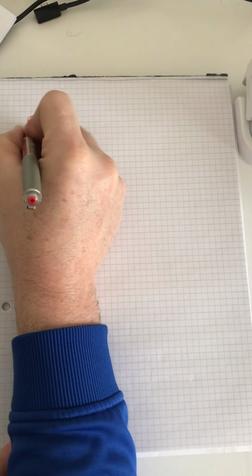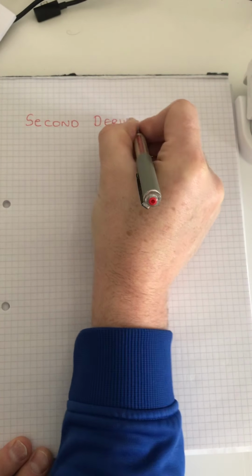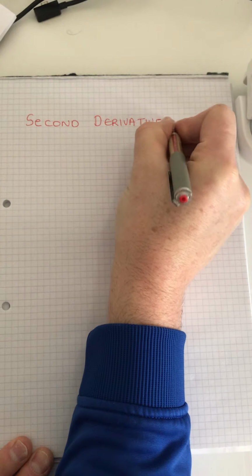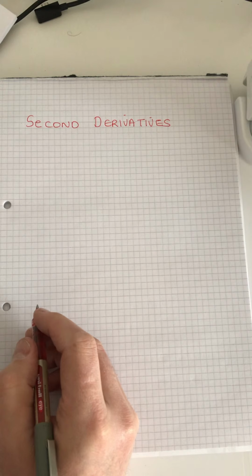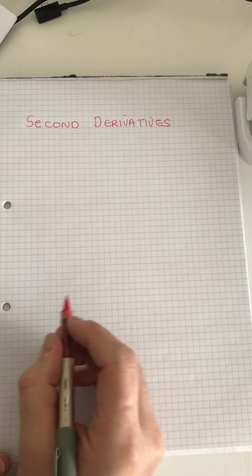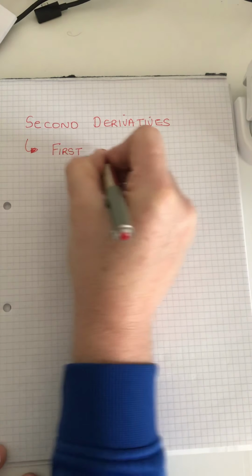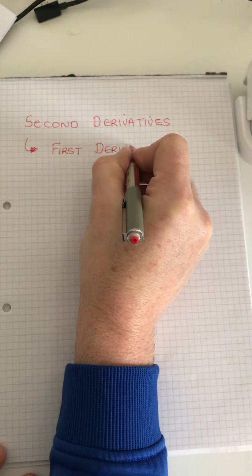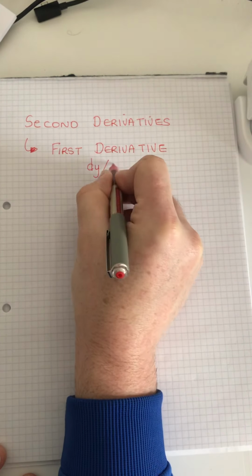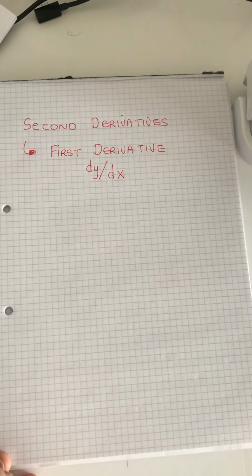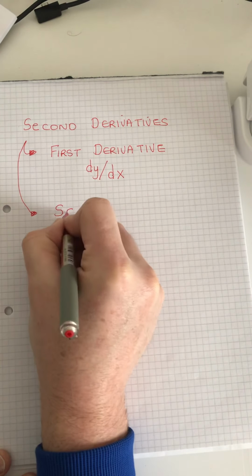So here we're looking at second derivatives. Okay, and these notes are worth taking for yourself. So second derivatives. So far we had the first derivative of the function, and we call the first derivative dy dx. Okay? Now we're going to find the second derivative,